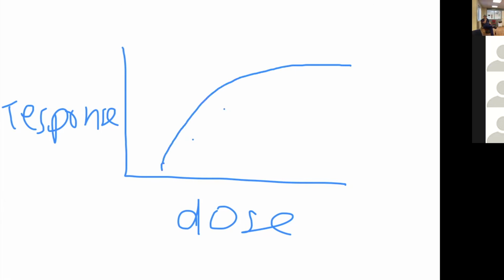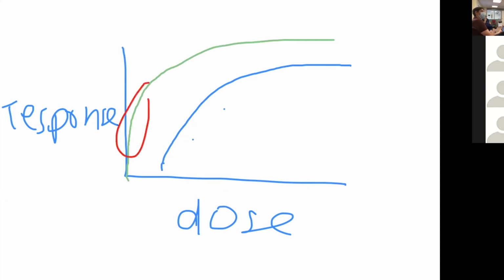I'm just going to be pedantic here. No drug means no response, right? So you've got to cross at 0, 0. It looks a bit like that. Fine. So that's the dose response curve, and all the useful information that we want about drugs sits